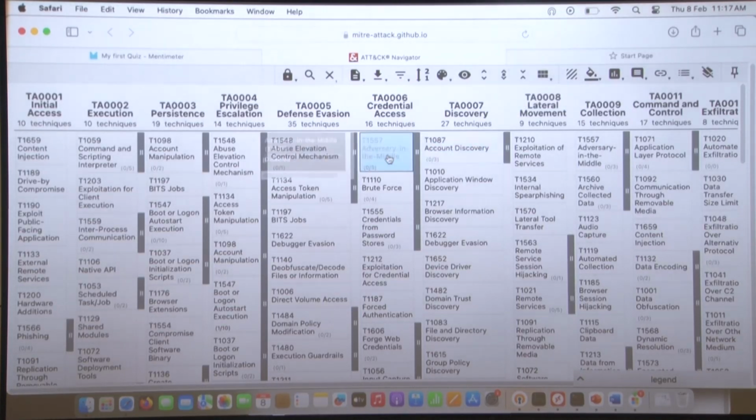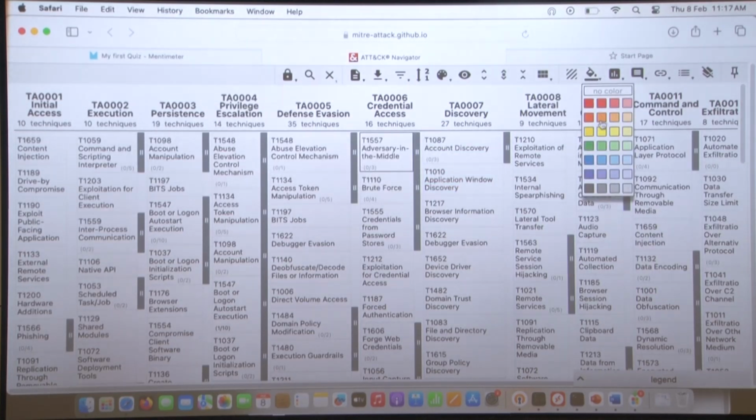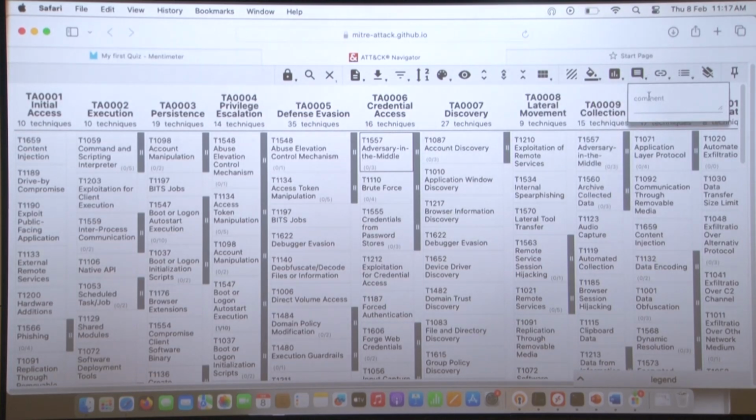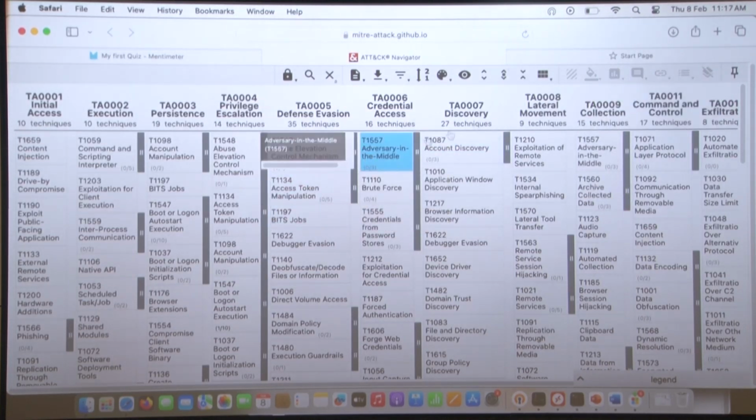So you can see this has been disabled. Once you want to enable it again, you can again click here. This is for selecting colors for the techniques which you are selecting. As we saw in the PPT, there was yellow and blue. Here if you select this technique,